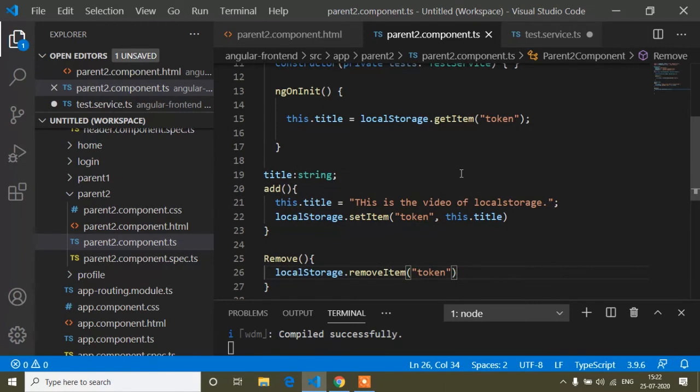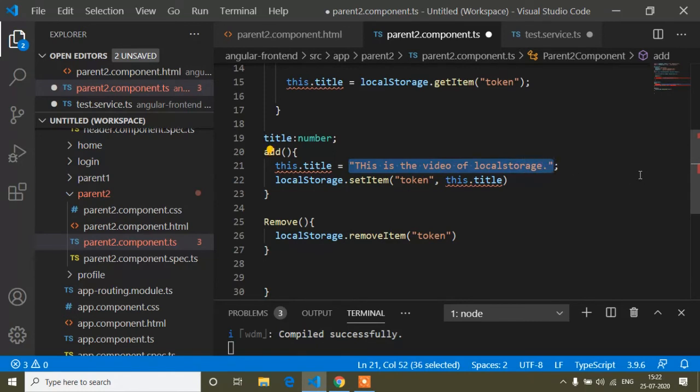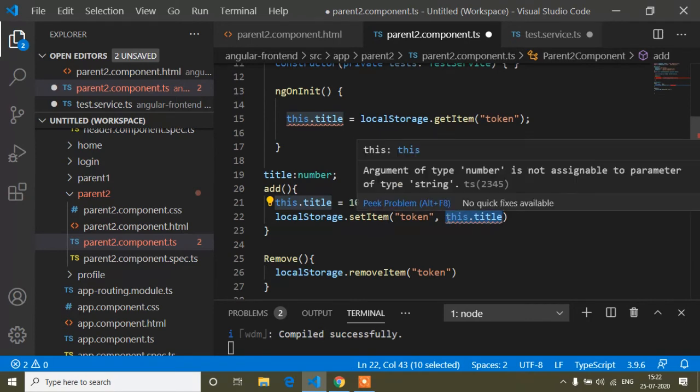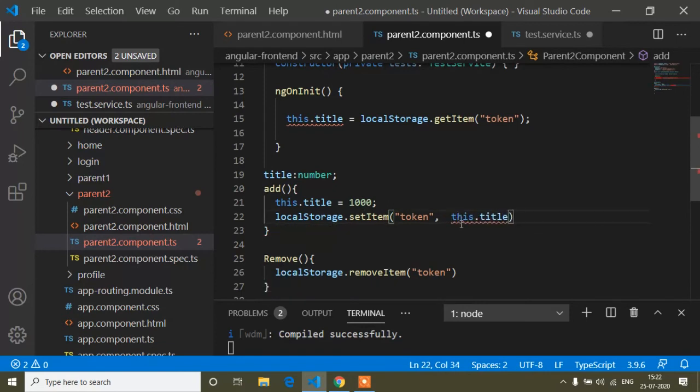And now I will show how to store a number. So if I write here the title type is number, and now here I store a number like 100. When we are storing this.title, you can see it's showing an error because local storage doesn't store numbers. So for that I have to convert it into a string format.